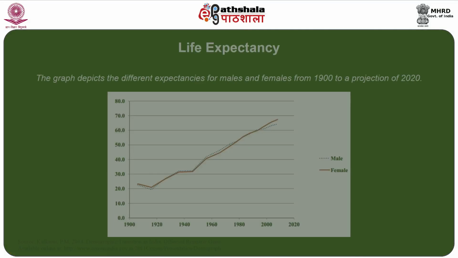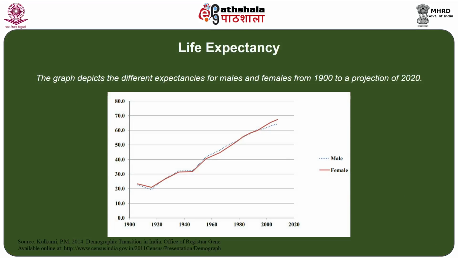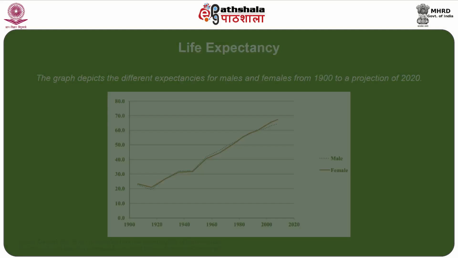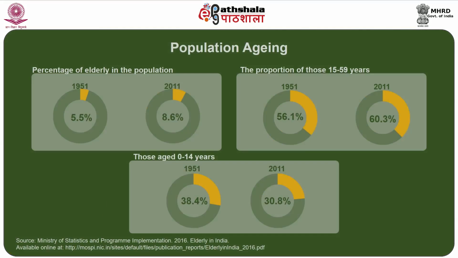And that graph clearly depicts the different life expectancies gender-wise. It clearly shows that though it is increasing in both sexes, the significant increase is noticed in the case of female elderly. The resultant factor with all these changes in the demographic scenario is a major aspect: population aging, which is an indication that the number of elderly in the total population is